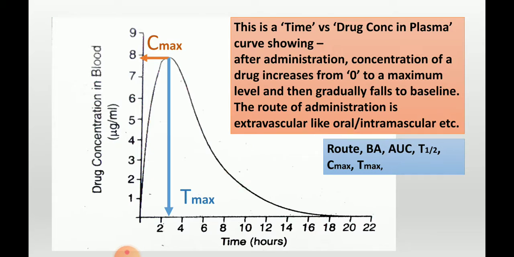So from this curve, we can say that the route of administration is extravascular, like oral, intramuscular or subcutaneous. But one thing you try to notice that this Tmax or time maximum, that means the time at which it reaches the maximum concentration is around 3 hours. It is coming in between 2 and 4. So 3 hours is, if you think about it, most probably it is via oral route the drug is being prescribed. You can determine bioavailability.